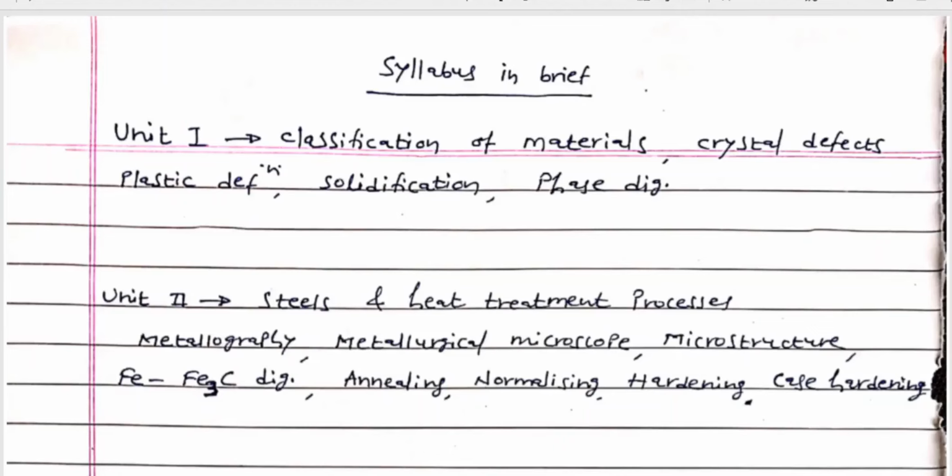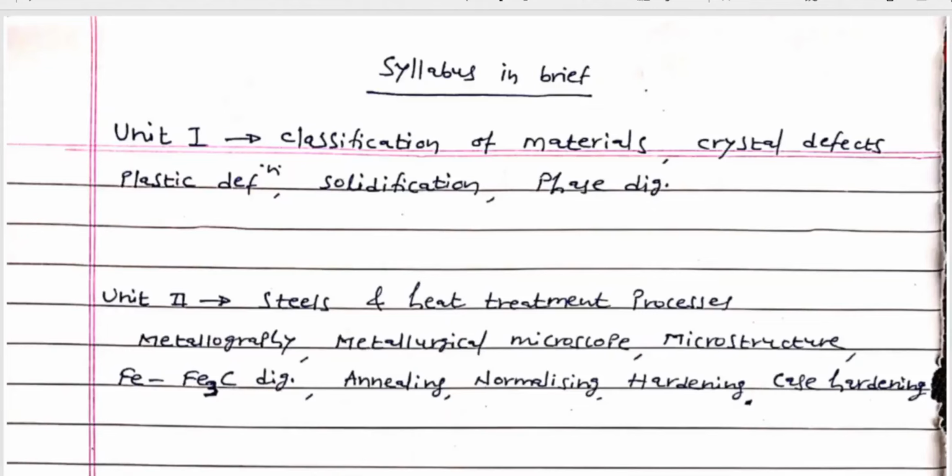So there are main 4 classes of engineering materials. First is metals and alloys. Second is polymers. Third is ceramics. And fourth is composite materials. Nowadays, the demand of composite material is increasing. Composite material is nothing but the combination of two or more than two materials. This may be metals, metal non-metal, or non-metal non-metal.